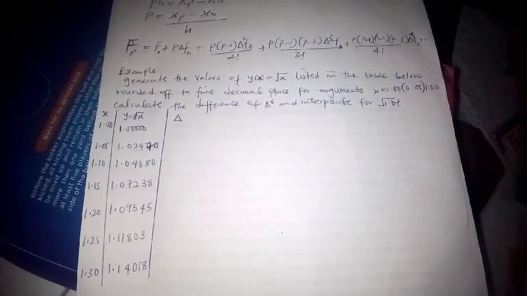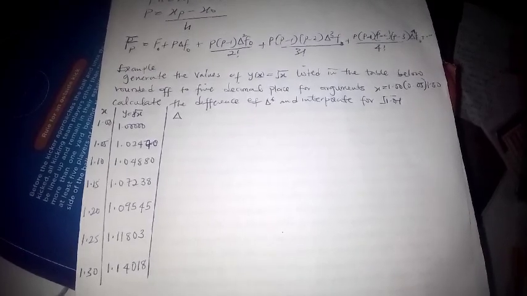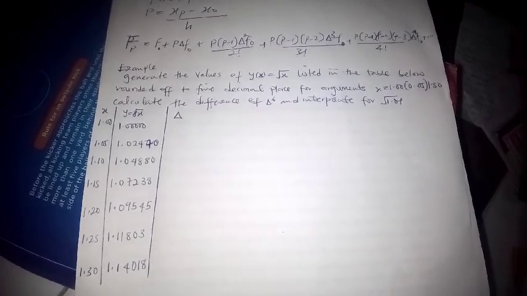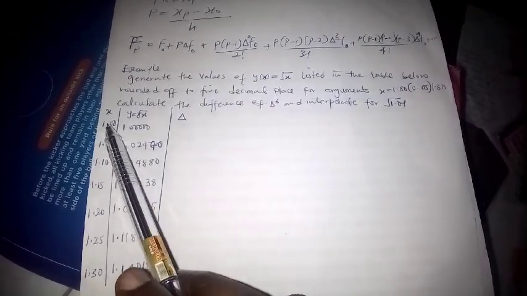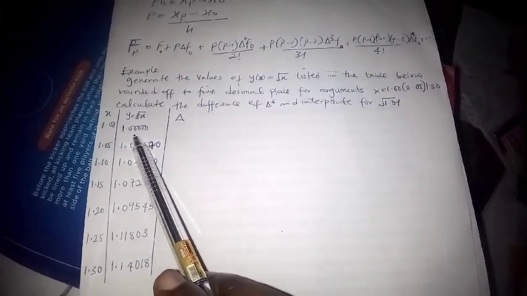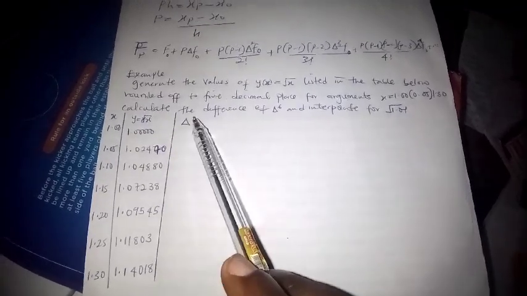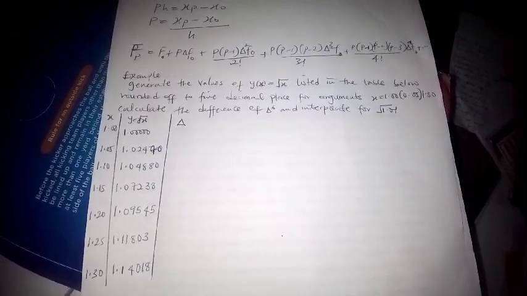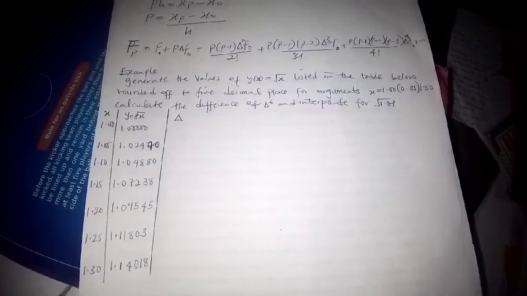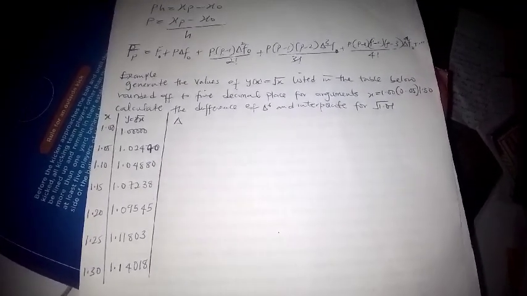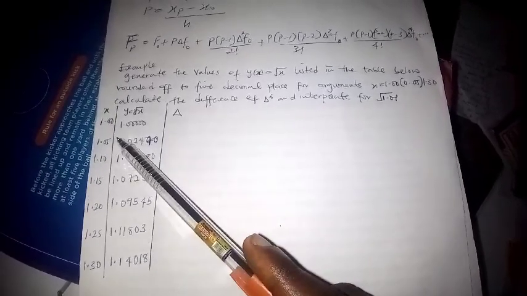Now, what next? The question also said generate the values of y of x is equal to square root of x, and they said you should round off to 5 decimal places. So when you press the square root of 1, it will give you 1. We have to round off to 5 decimal places, which simply means put 5 zeros. For example, the square root of 4 is equal to 2, so you put 5 zeros after the 2. That simply means rounding to 5 decimal places. So now, when we press the square root of 1